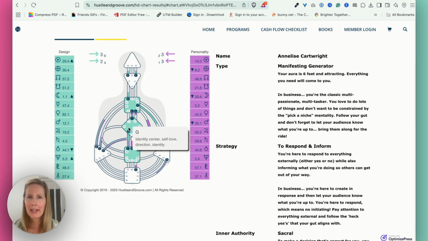So this little guy hanging out in the middle of our chart. If you have that defined, then you're going to have a very strong sense of self and you're going to have a strong sense of direction. And people that you help and support are going to know that and they're going to feel really comfortable around you. So this is where your unique flavor, the way that you approach things really does come from.